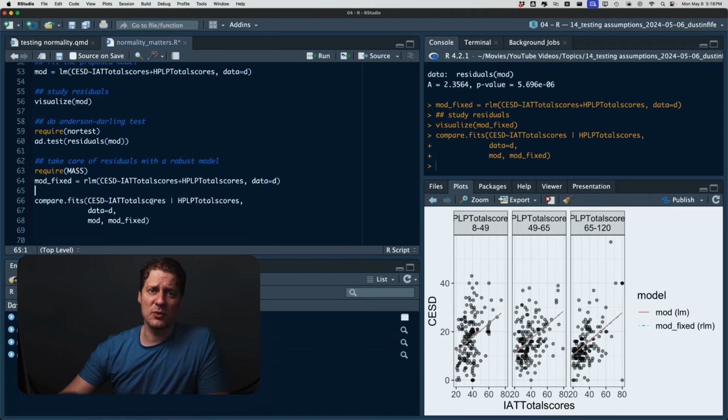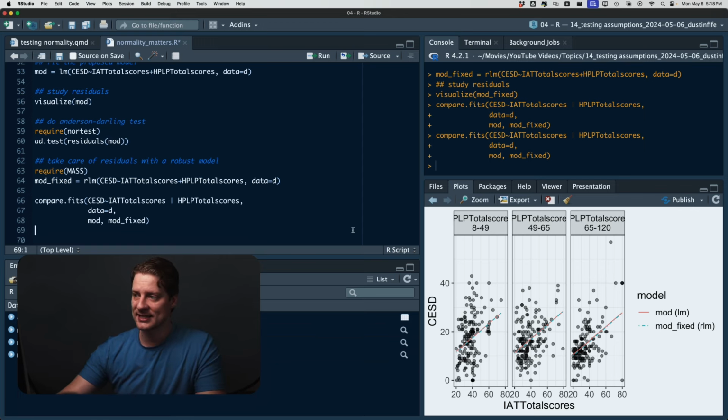Now that I fit the model, I want to visually compare the two models and see if they're really making any sort of differences. And so to do that, I'm going to use the compare.fits function. And so I'm going to plot it exactly how I did before with CESD on the y-axis, internet addiction on the x-axis, and then HPLP or health in panels. And then I'm going to now ask it to display the predictions for both the models. And if I do that,